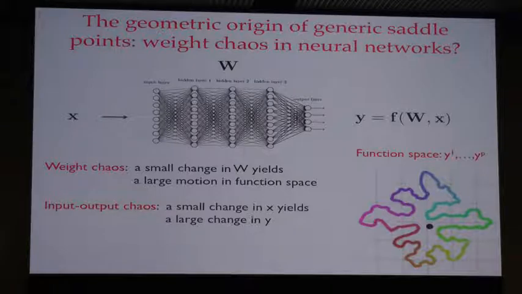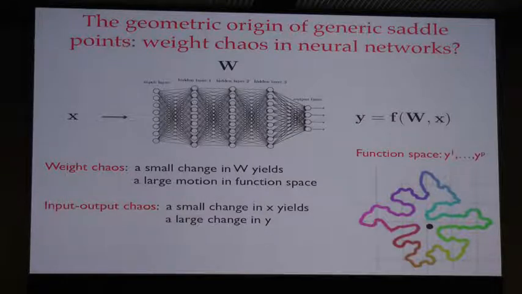So for each set of weights, I have a point in function space, which assigns to any set of inputs a set of outputs. This is an infinite dimensional function space, but let's truncate to finite dimension by considering a finite set of inputs, say p inputs. Then function space is determined by the values of the outputs on each of the p inputs, so y1 through yp. So this is now a finite dimensional space because we restrict to a finite set of inputs. Let's say that those inputs are the training data. Okay, so now as you vary the weights, you will trace out some volume or some manifold in function space.